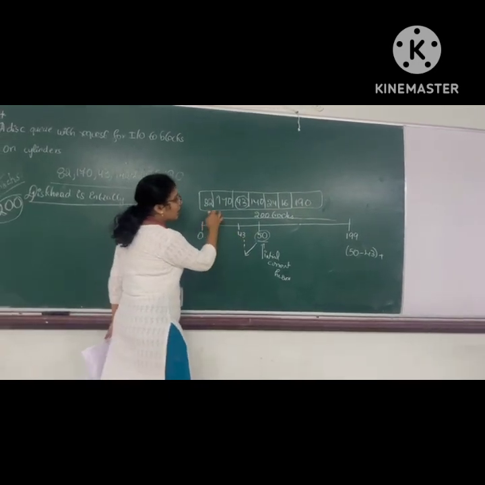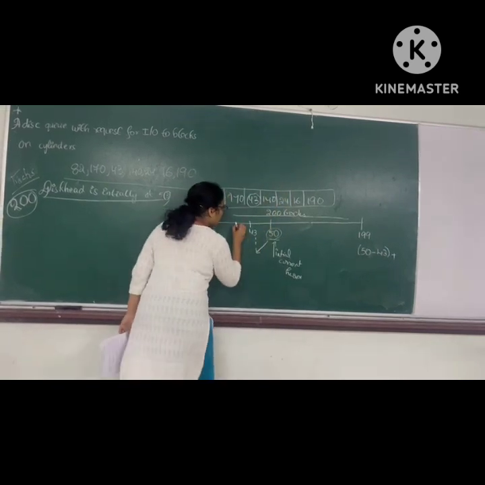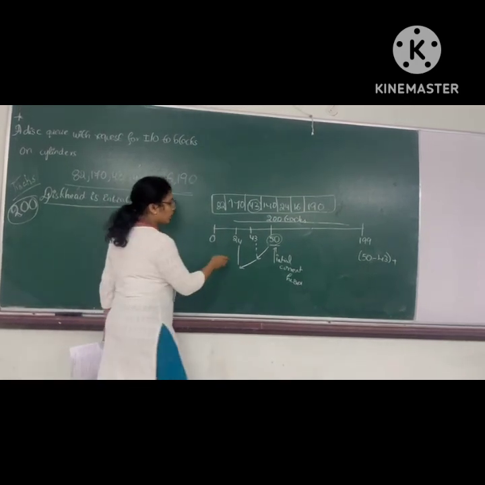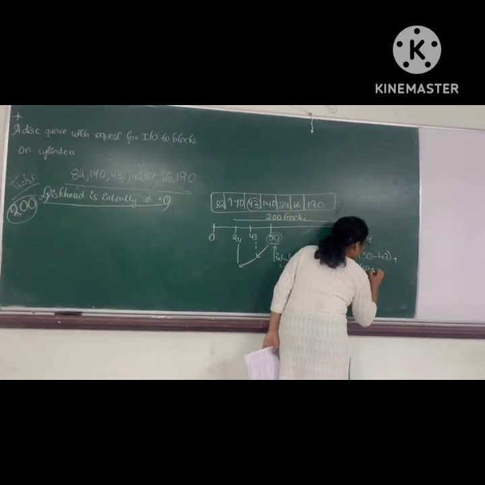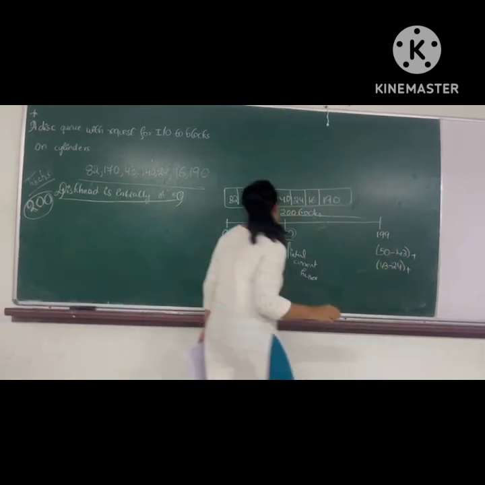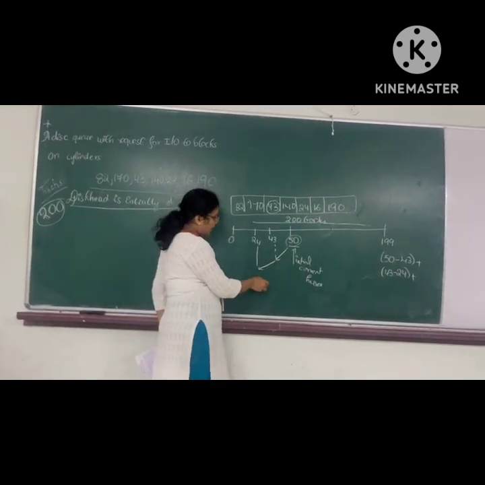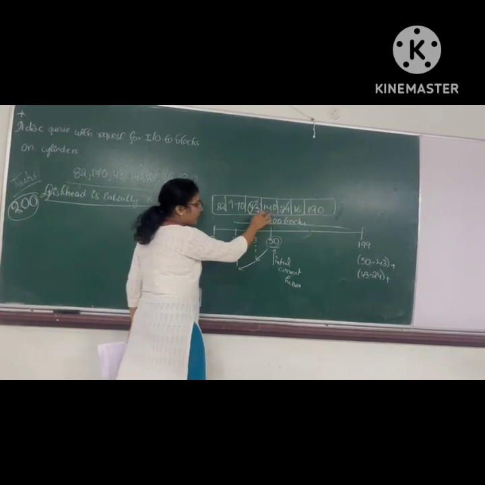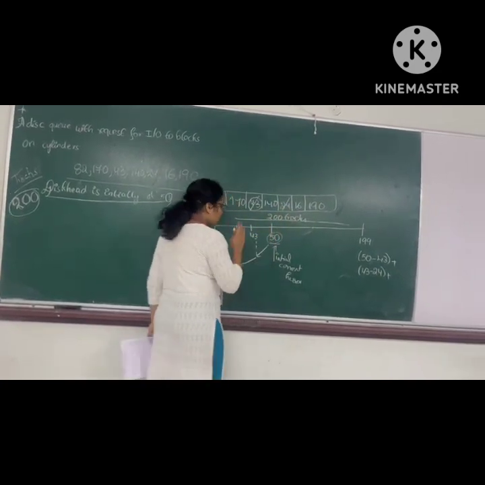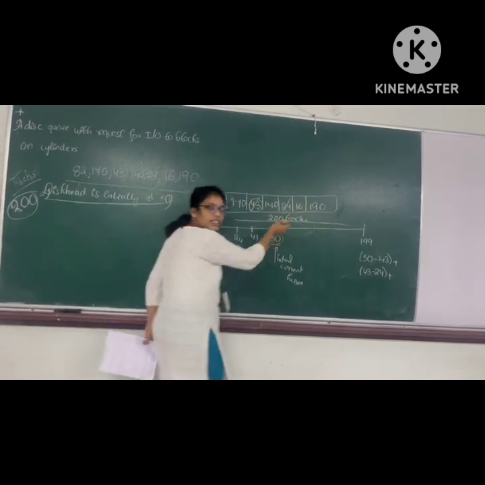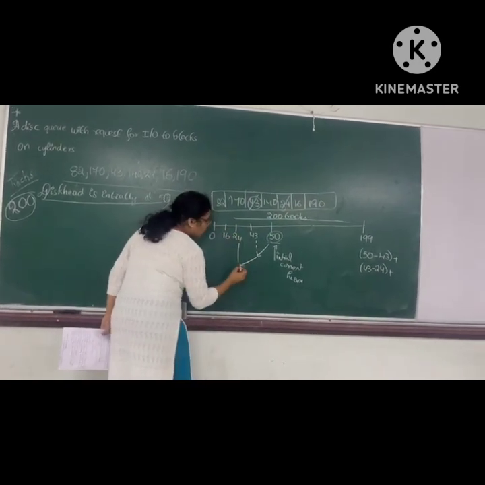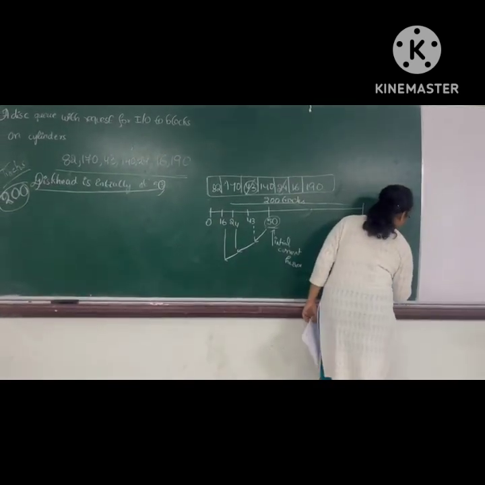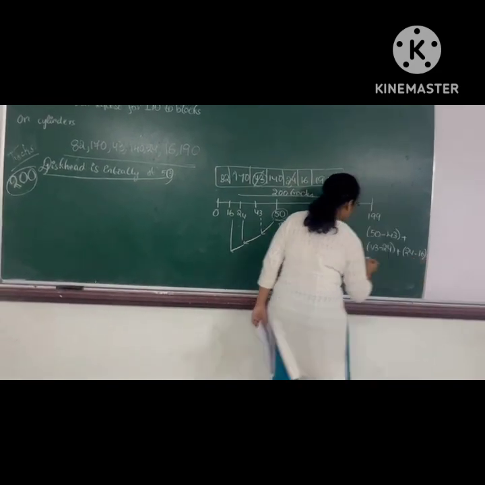From 43 the nearer value is 24. Now it moves towards 24. Now for the current read-write head we have to write that 43 minus 24 plus. Now the current read-write head is at 24. From 24 again in the queue it will check the nearer value to 24, which is 16. And the read-write head moves towards 16. And that is 24 minus 16 plus.